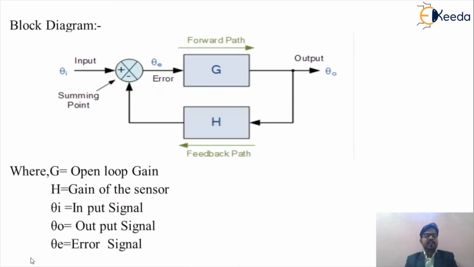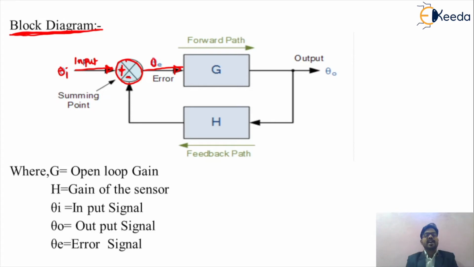So friends, we can understand the block diagram representation of your closed loop control system. This closed loop control of your DC drive will be represented by a block diagram. In that block diagram, we apply the input reference, called theta i, which we call the input signal. Then we have the summing point. Earlier we decided it is a comparator, positive and negative, so it will create an error signal.